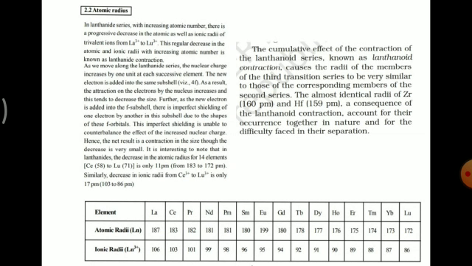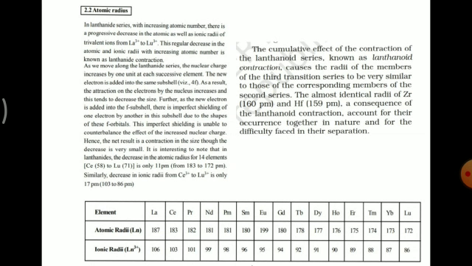As we move across the lanthanide series, you notice that there is a progressive decrease in the atomic and ionic radii of lanthanide series elements with increase in atomic number. So this regular decrease in the atomic and ionic radii of lanthanide series elements with increase in atomic number is